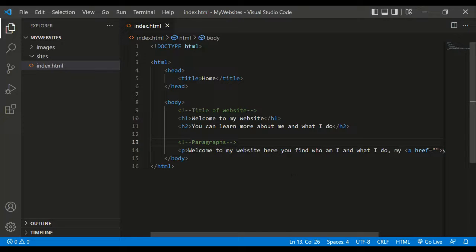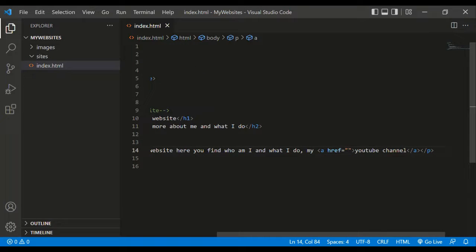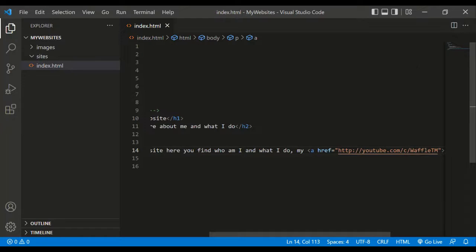So yeah, I've got the link. So let's paste that here. Let's see. Unfortunately, I'm gonna have to type it out because I don't really have Google Chrome open. I don't really want to open up my Google Chrome. So it is HTTPS. Sorry, my voice just cracked there. YouTube.com/c/ and then waffle gm. Alright, and